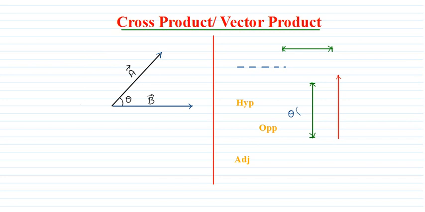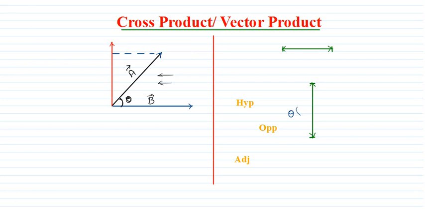Now what I'm going to do, instead of dropping a perpendicular, I will drop a perpendicular onto the third axis, thinking that there is some light passed from here and the shadow of this vector A is going to fall somewhere here. Okay, so let us do that. For representing that, I'll take a third axis, this. Now let us drop a perpendicular from the tip of vector A onto the third axis that we have developed here.